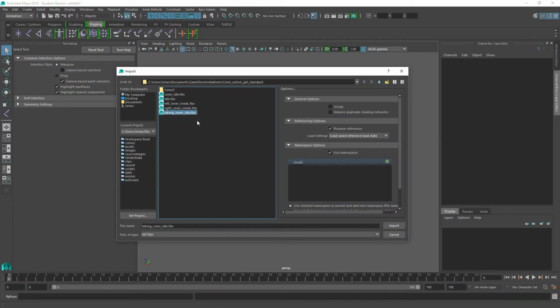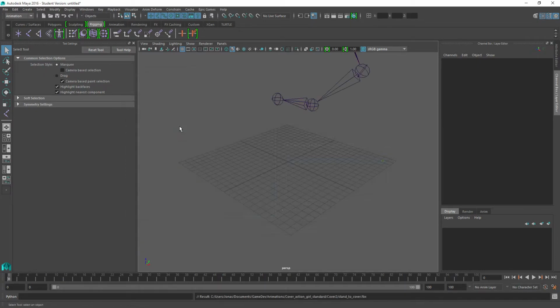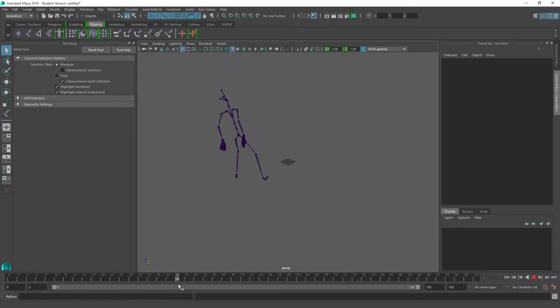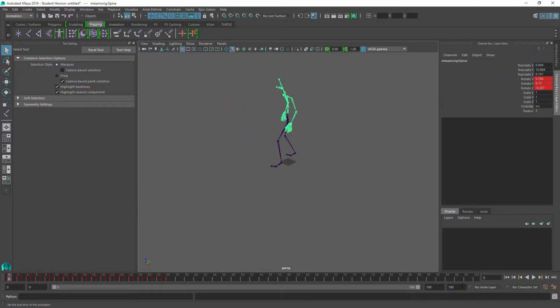Oh, I think I messed up something. It's Stand to Cover. It's this one. So this is the animation jumping onto the wall. So yep, let's make sure that we only have 34 frames,